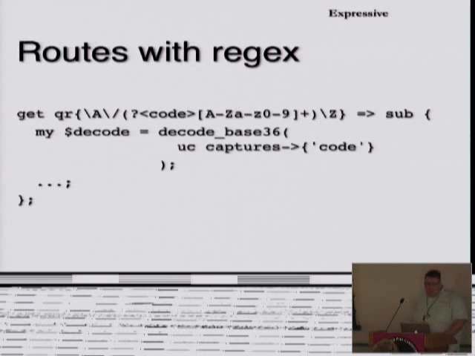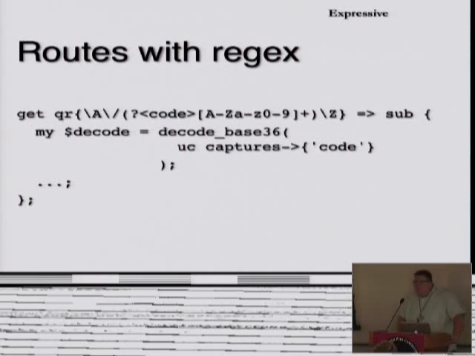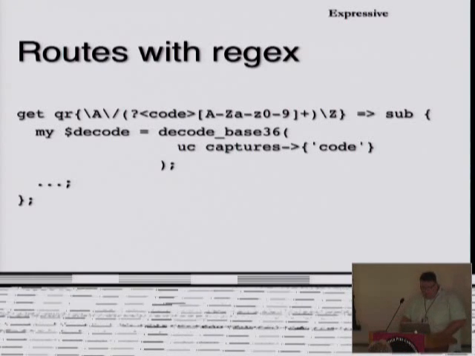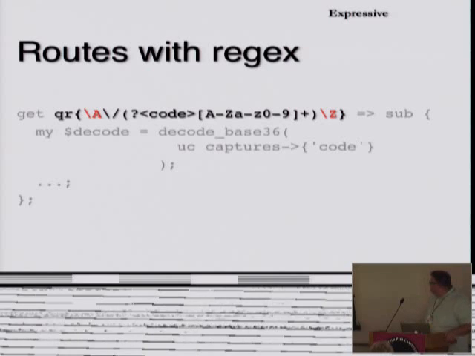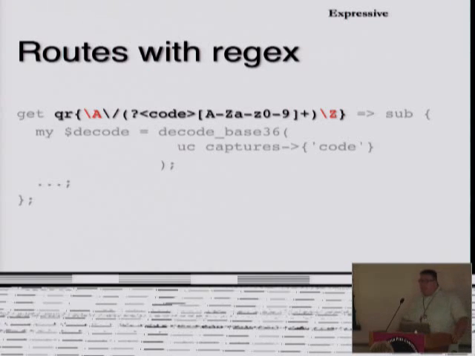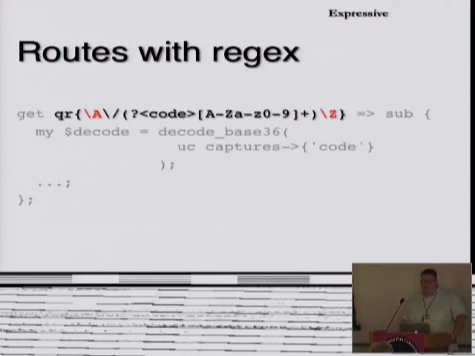Some of the other things that you can do are really cool. You can do routes with regex, and I'm sure you guys guessed that this was coming, but there's some really neat stuff that you can do with this that can save you a ton of validation steps later on down the line. So let's break this regex apart. First of all, we have the A-Z stuff. These are newfangled style Perl 5.10 regex. So hopefully they're not unfamiliar.